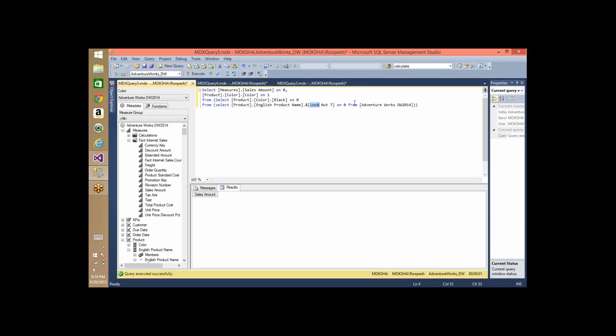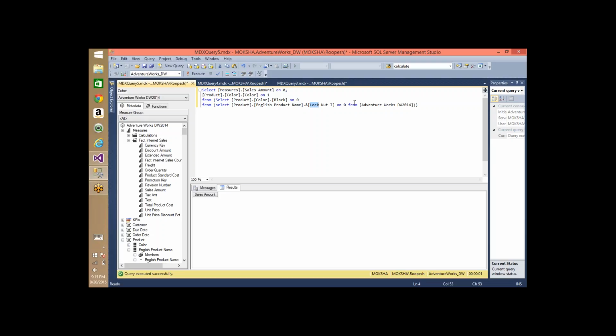And the performance is not a big hit, and people use this very frequently because the inner query will filter and give a subquery to the outer query, and I don't see much performance degradation if you use subqueries. So this is one important concept which we can use when we are writing MDX queries. But again, remember, it's always the same functions again and again you'll be using, whether it's an inner query, subquery,